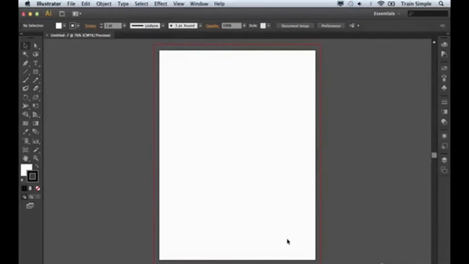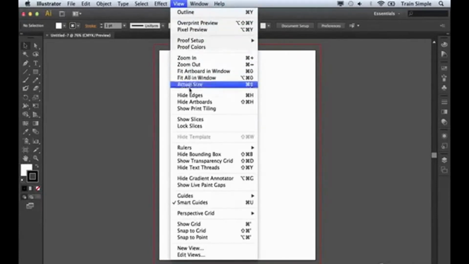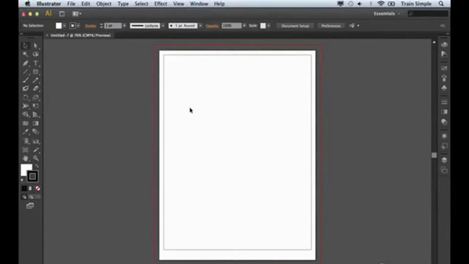It creates the new document. Now, in order for us to see everything associated with this document in terms of potential guides, if you will, what I want you to do is come up to the View menu, and under the View menu, you can choose Show Print Tiling. I'll explain exactly what we're looking at here with the new document in just a second. But first, I want you to take a look at the